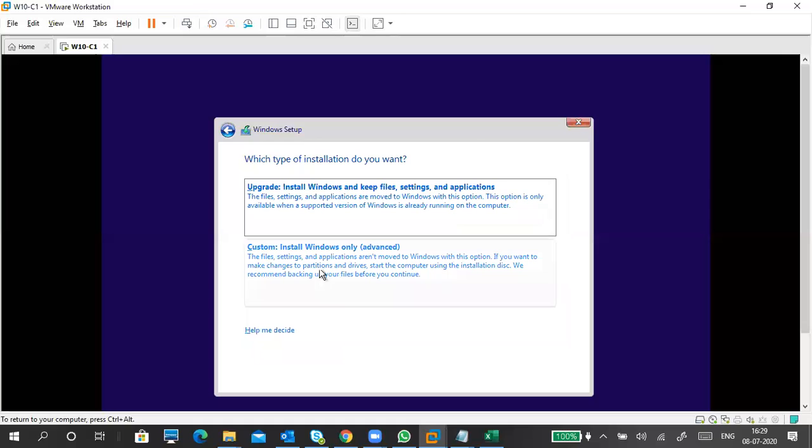Upgrade and custom. So I have to explain the upgrade and custom. We don't have time, but just when you are installing, you have to note down what is upgrade and what is custom. You must note down what this is. Otherwise, you have to take a picture of this one, and then you can forward it also. Can we take a pic on the screen?